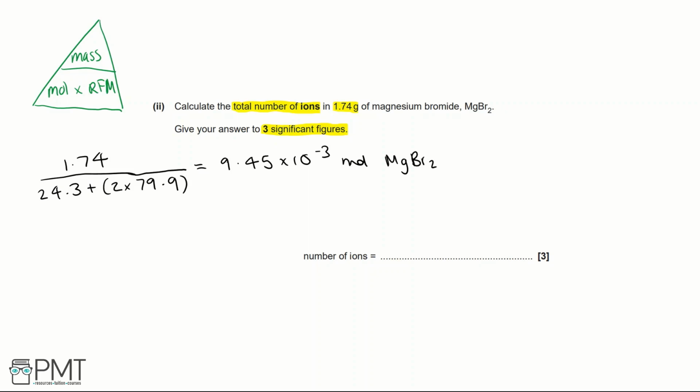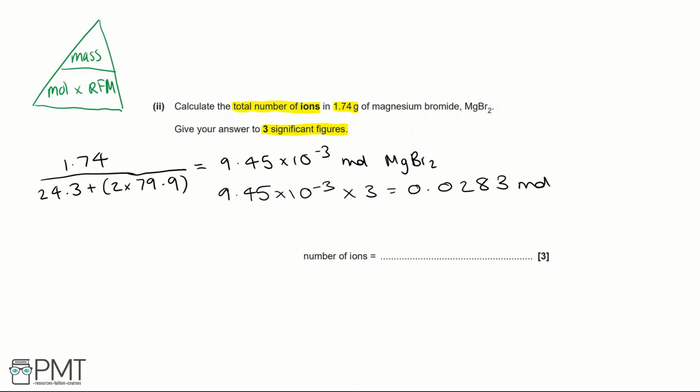MgBr2. But we want the number of ions, and in magnesium bromide there are 3 different ions. There's magnesium and then there's 2 bromine ions. So we need to multiply this number by 3. So we do 9.45 times 10 to the negative 3 multiplied by 3, and that gives us 0.0283 moles. Then finally, because we want the total number of ions and not moles, we need to multiply by